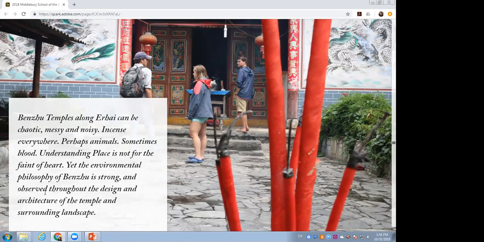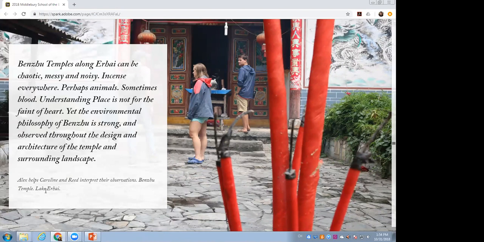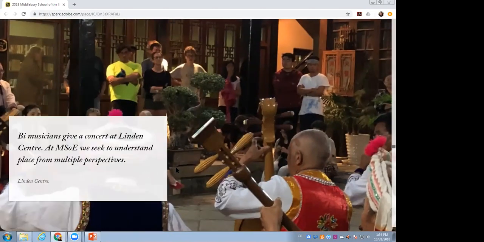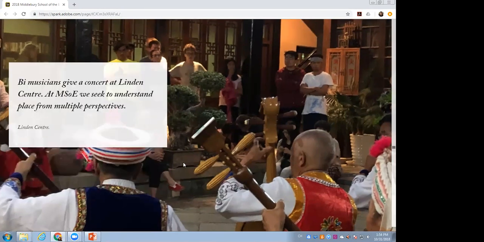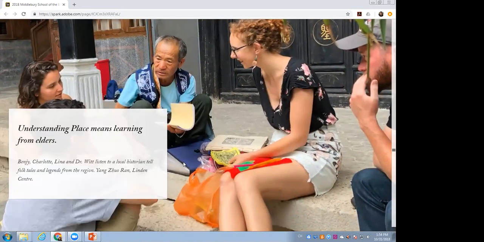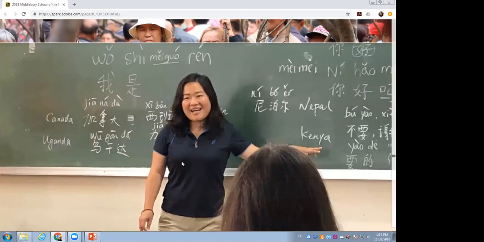Here we are at yet another Benzu temple, learning about the intersection of Benzu worship and environmentalism, which are closely connected, especially around water resources. We were able to experience a concert of traditional Bai musicians playing on traditional instruments. It was pretty exciting, and we talked with some village elders. And then we transition to